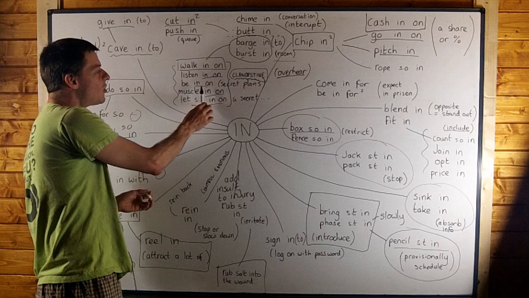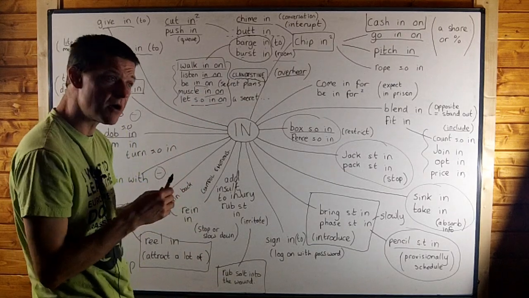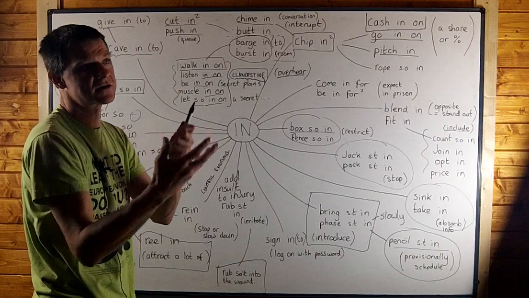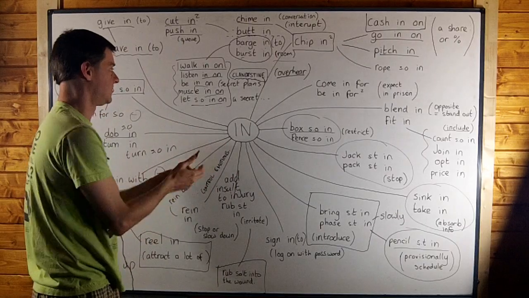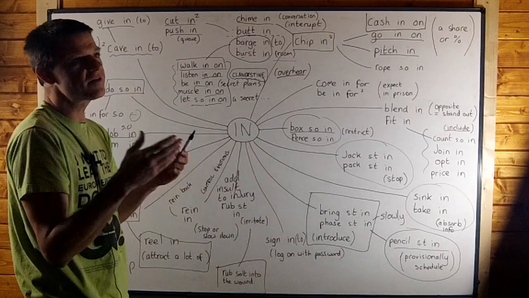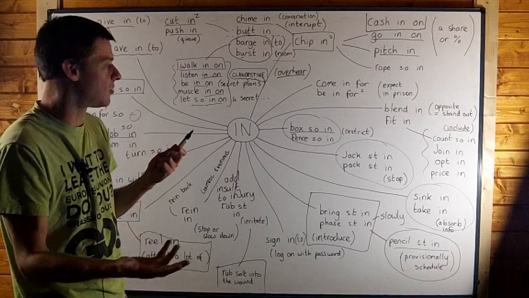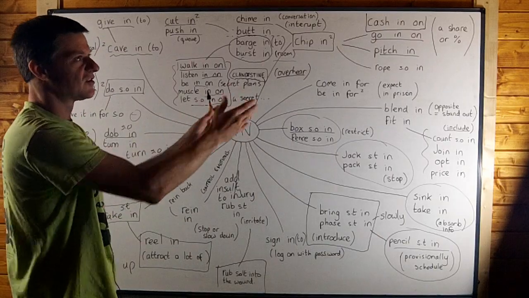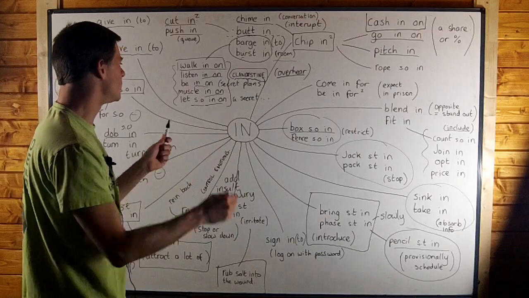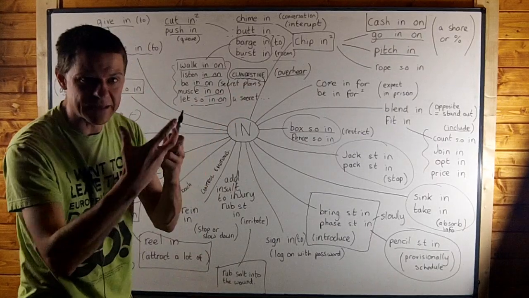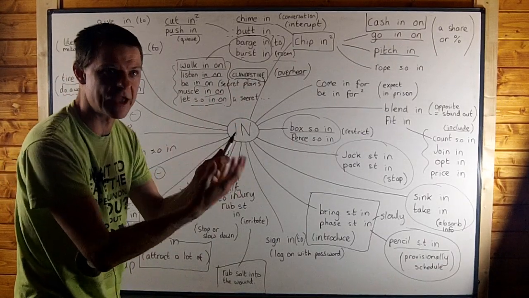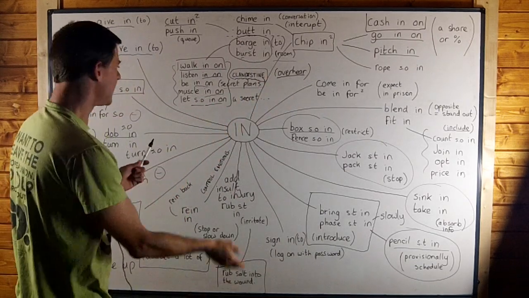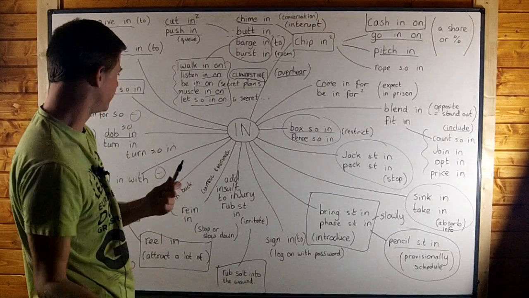You're trying to hear some kind of secret which you're not supposed to hear. Now, if you are in on a secret plan, that means you are a party to secret information. You are part of the secret group who know this information. So let's say we're watching an episode of Sherlock, something like that. Sherlock might say that this criminal was responsible, but members of his family were in on it as well. And that means that they were also part of the crime. They helped him commit the crime. They were part of this secret clandestine plan. Okay, so to be in on something means to be part of the secret plan.